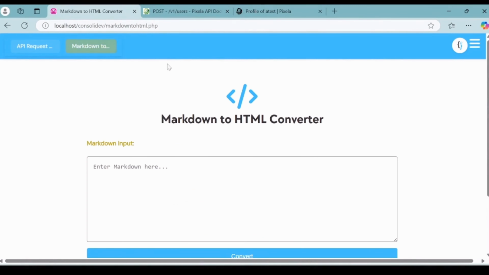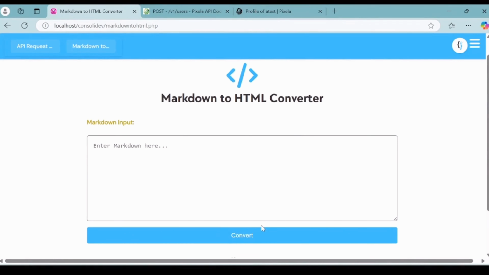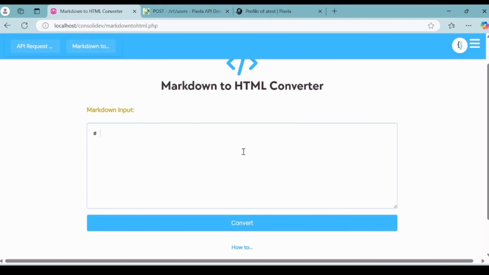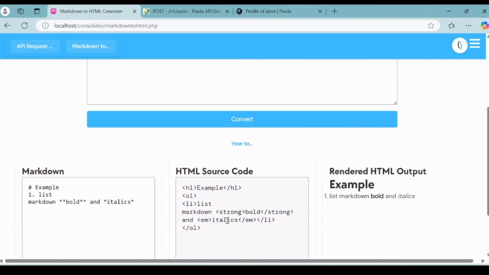Now, next is the Markdown to HTML converter, and using Markdown syntax, one can basically convert their Markdown to HTML code. So I'm demonstrating here with the header and ordered list, as well as bold and italic text based on the tooltip Markdown syntax provided. So now if I convert this, what I get to see are three things: the original Markdown, the HTML source